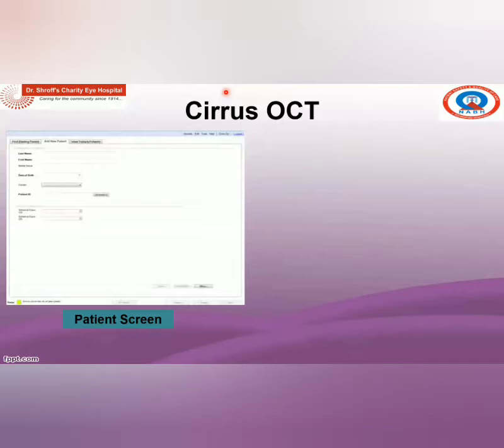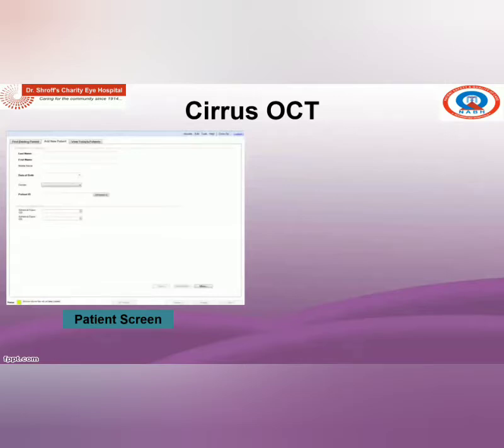So that we can match the data with the age-related normative group. Exactly, normative. Every machine has it. Suppose we are having a scan of a 15-year-old child and we feed it in as a 50-year-old patient, it will not match. So 15-year-old data will be something different and 55-year-old data will be something different.